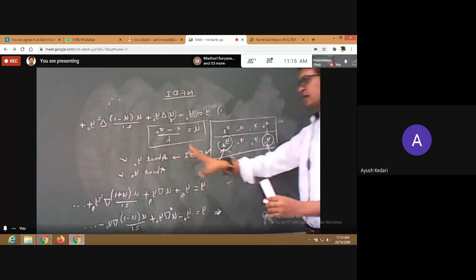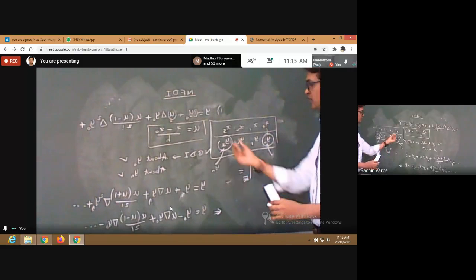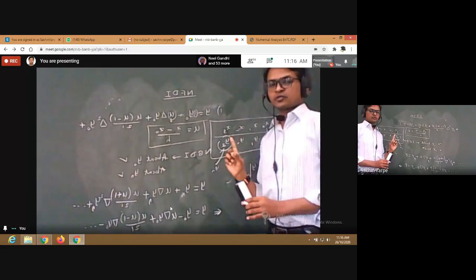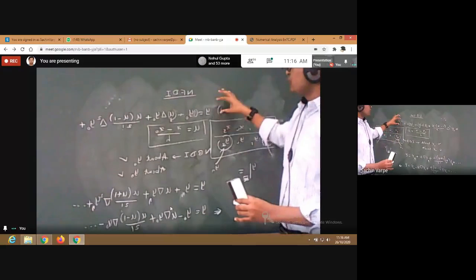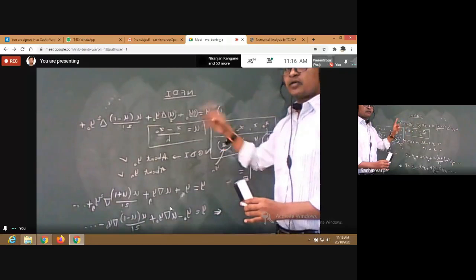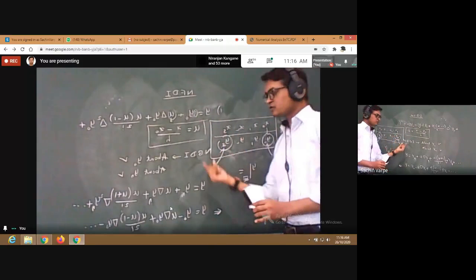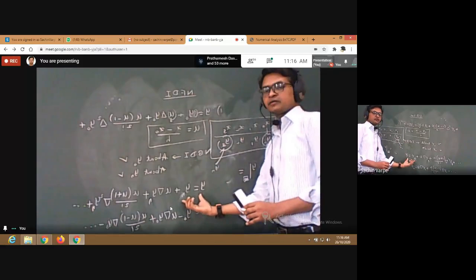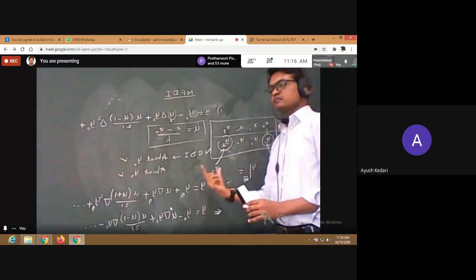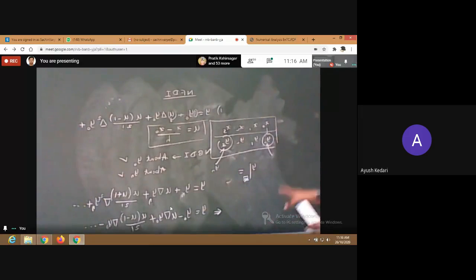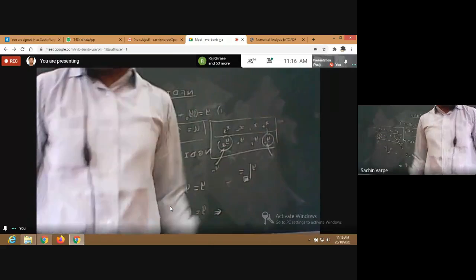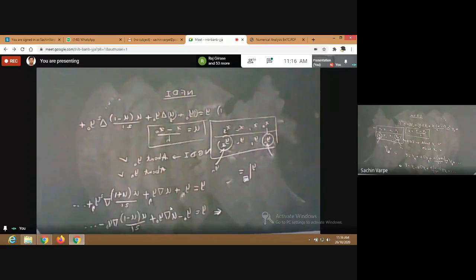Yes. And if the given value of x is very much close to this last xn, then we have only one option, because we haven't proved Newton's forward interpolation in terms of yn. We have only one formula in terms of yn, and that is Newton's backward. So in that case, we have only one option. Is it clear? Yes, sir. Okay, so this is all about the three formulas. Please ask if you have any doubts still in the formulas and the selection of formulas.